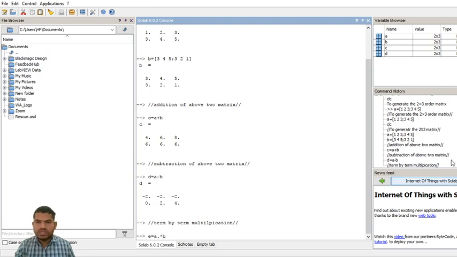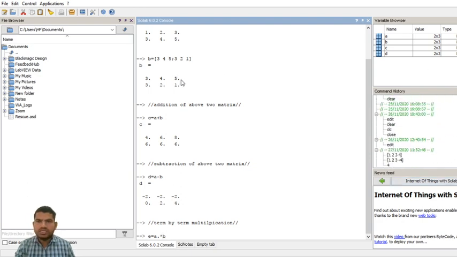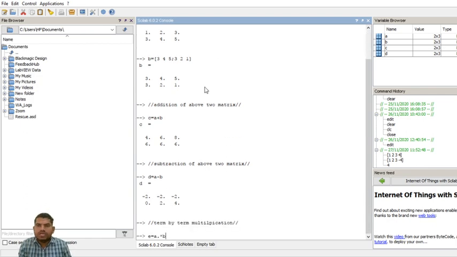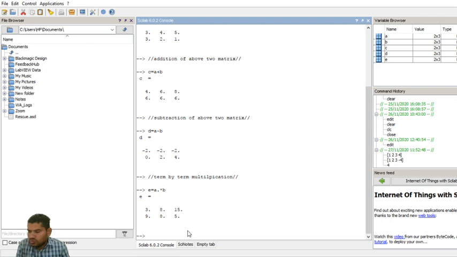That means each and every element in the A matrix, the first row first element of the A matrix, is multiplied with the first element of the second matrix. It is element to element multiplication. E is equal to this, this is the output.